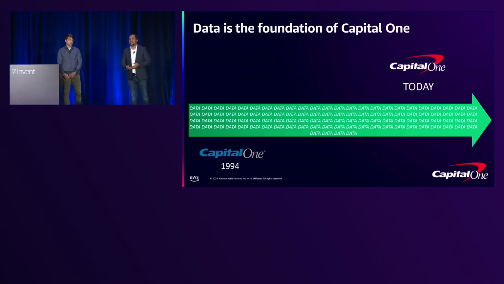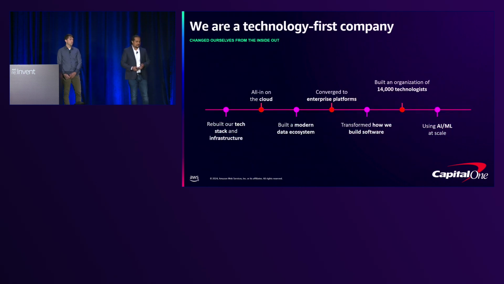Yeah, as I shared at the beginning of my presentation, data is the foundation at Capital One, and it has been that way since the founding in 1994 as a credit card service provider. And on top of this high-quality data and great data foundation, Capital One has built great technologies. At heart, we're actually a technology-first company with a mission to change banking for good.